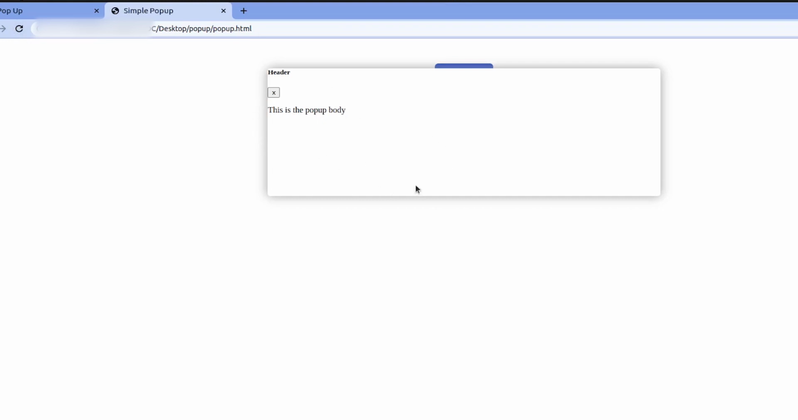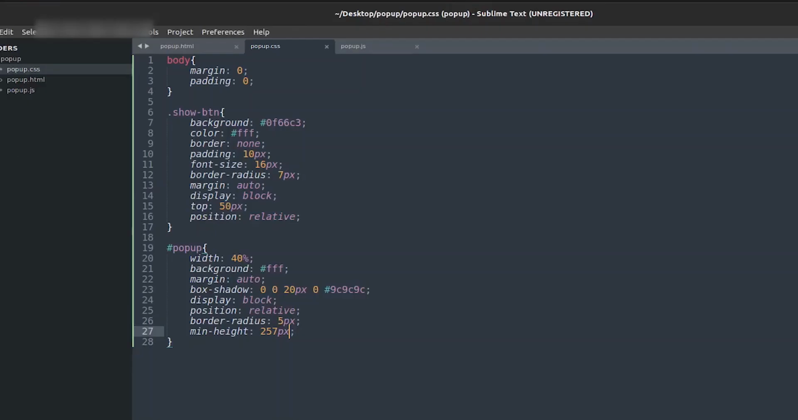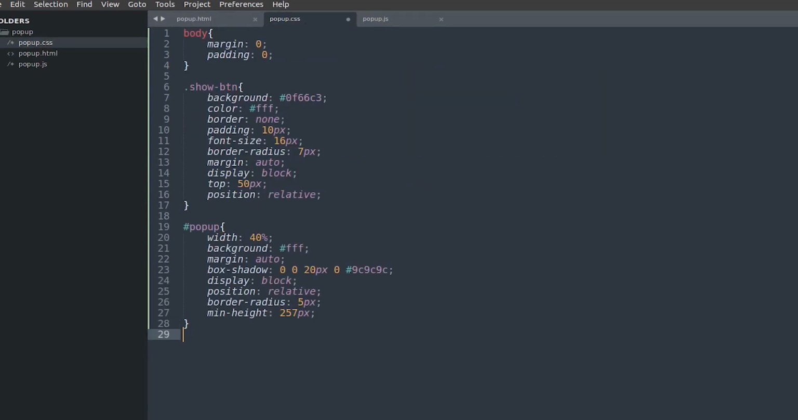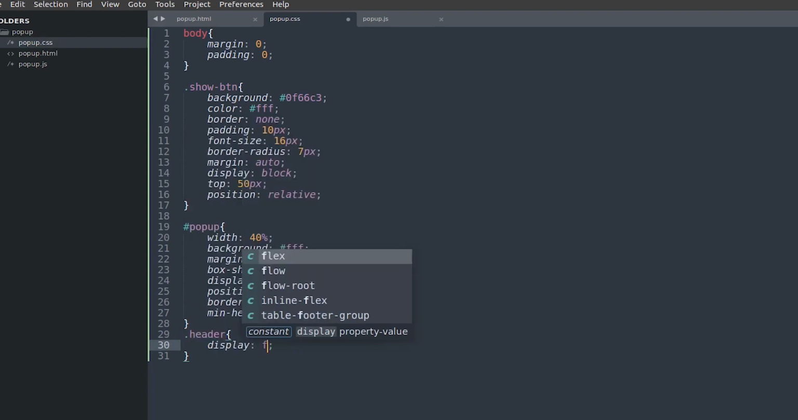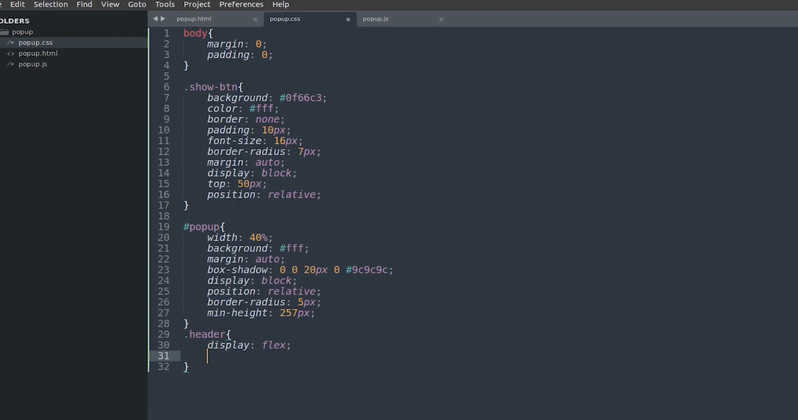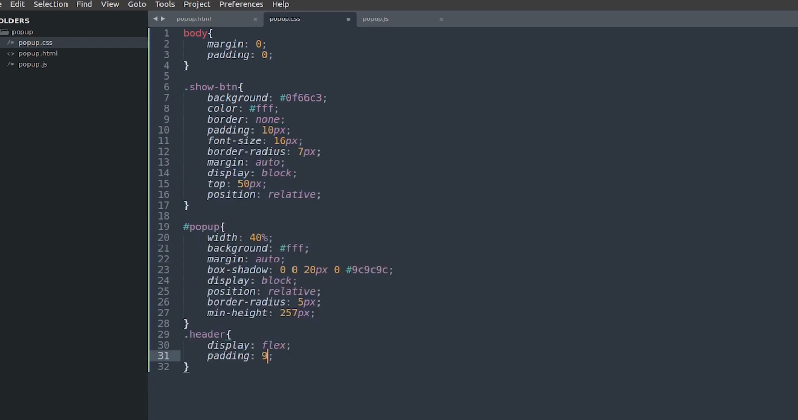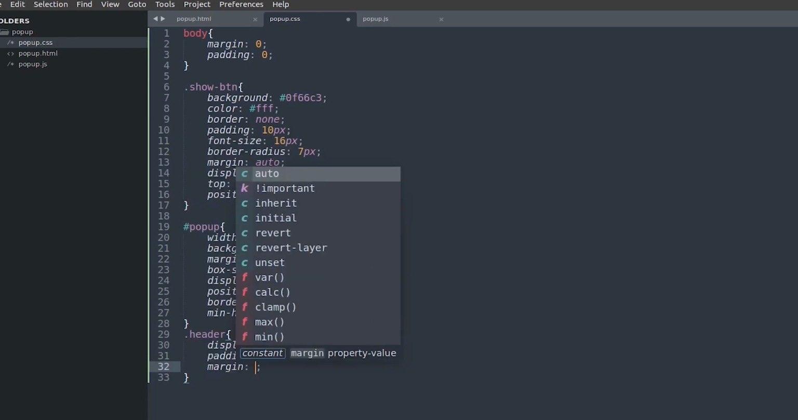So we still need to modify the header and the body section. At the header section we give it a class header. Okay, so in the CSS we're just going to call dot header, and then we are going to set the display property to flex because we have two elements in there, so we can align them properly, and set the padding 9 pixel, margin 0,